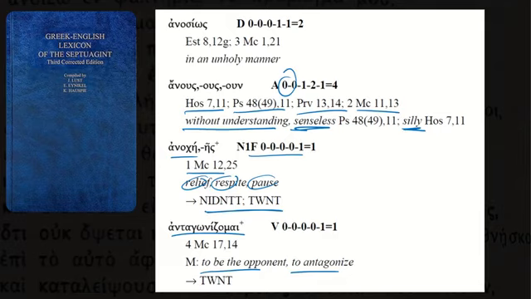You notice the entries here are quite short because they're just trying to prioritize a small number of equivalents as opposed to describing the semantic range. They're not necessarily going to provide as many parallels or synonyms as you see with Muraoka. So in my opinion, you should probably use both. I think it's helpful to see these two different opinions on what a given word might mean, especially if you're doing some more advanced research.